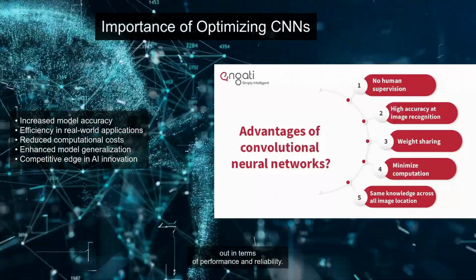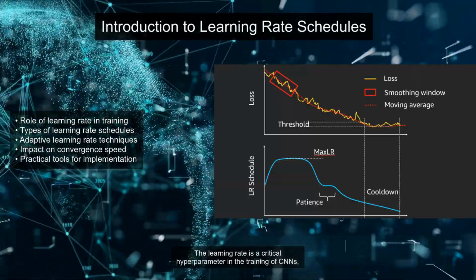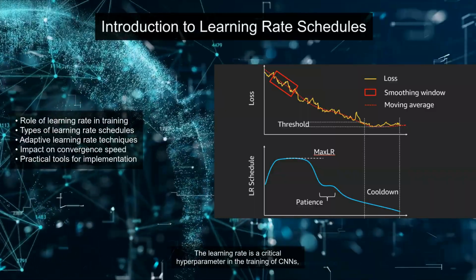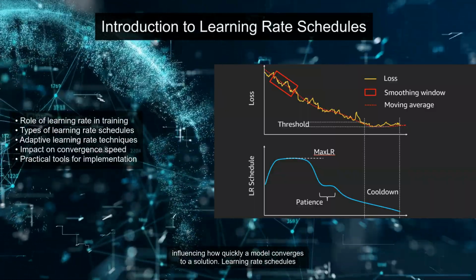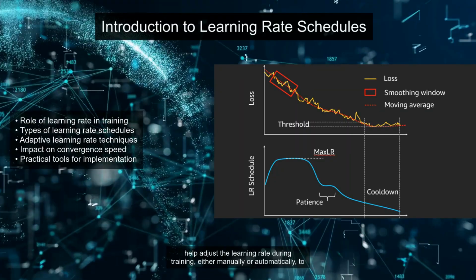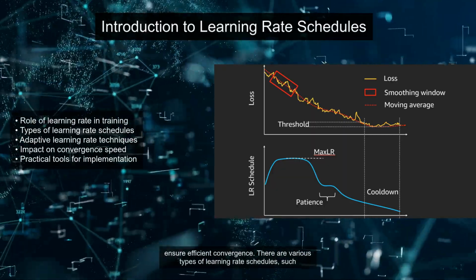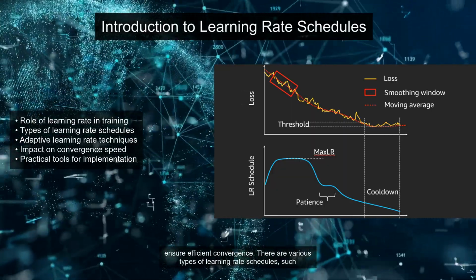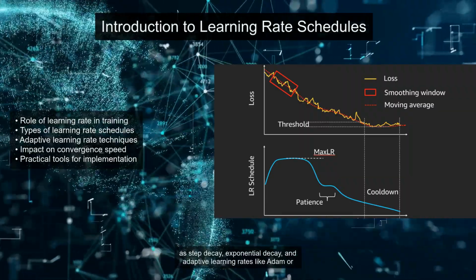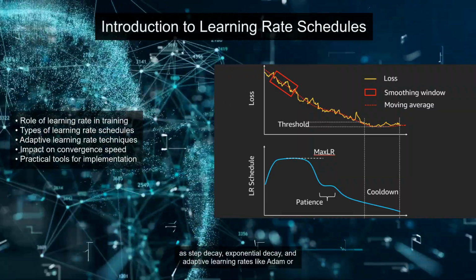The learning rate is a critical hyperparameter in the training of CNNs, influencing how quickly a model converges to a solution. Learning rate schedules help adjust the learning rate during training, either manually or automatically, to ensure efficient convergence. There are various types of learning rate schedules, such as step decay, exponential decay, and adaptive learning rates like Adam